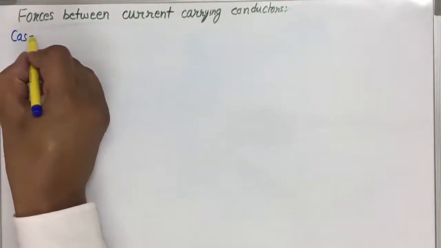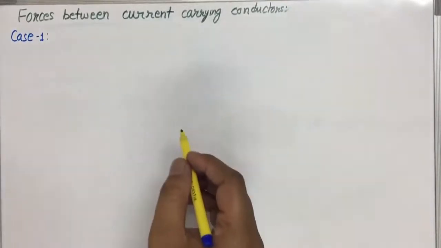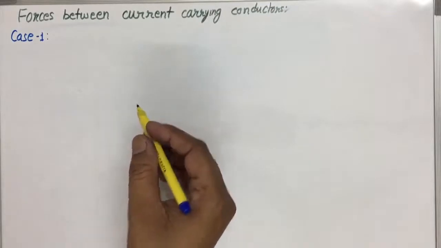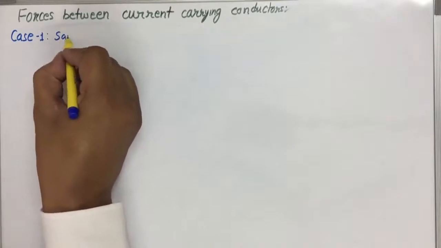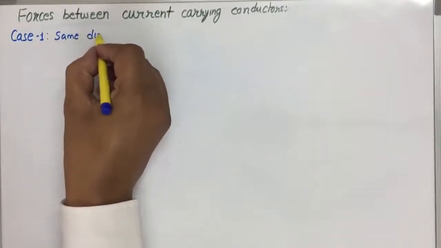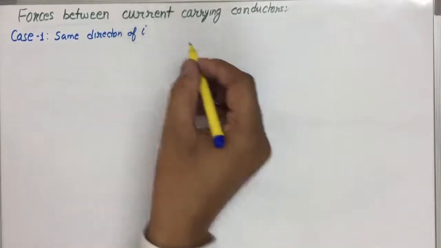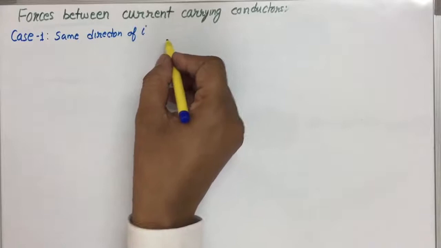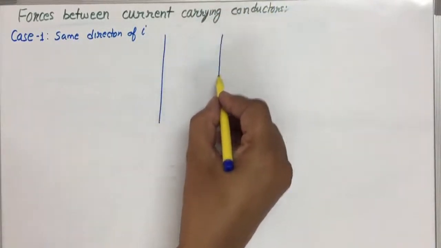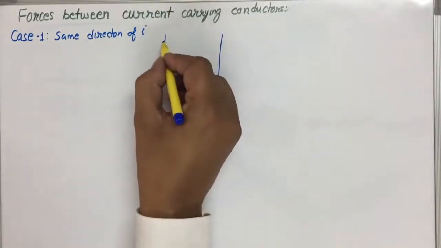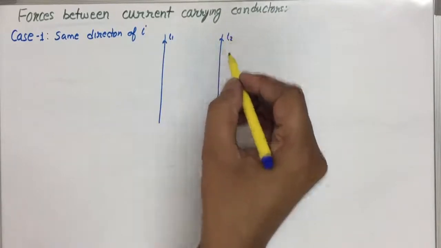In case 1, we will consider that two current carrying conductors are placed and in both of them the current is flowing in the same direction. So the same direction of currents. So we can consider this, and for that purpose we have two current carrying conductors. In the first conductor the current is flowing I1, in the second one the current is flowing I2,